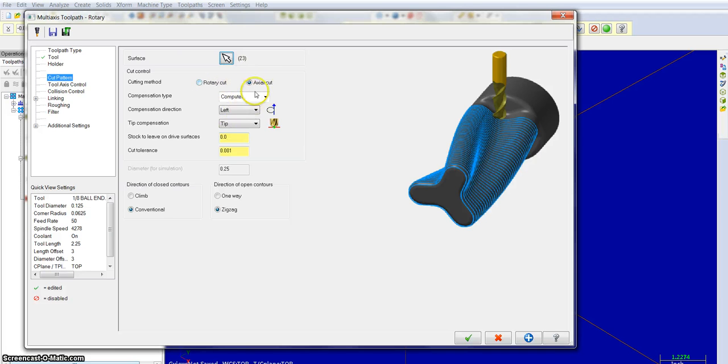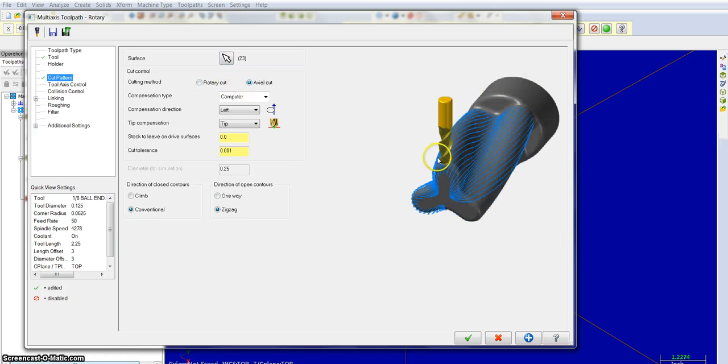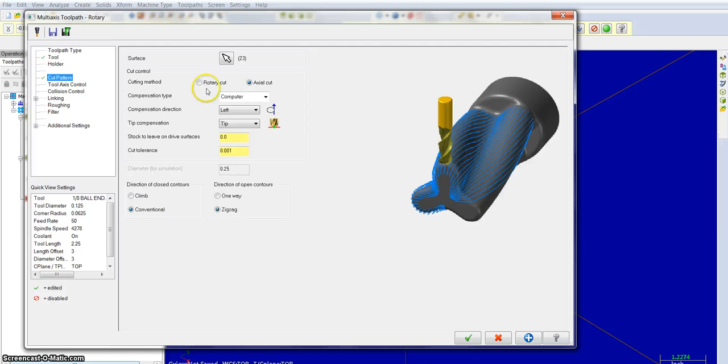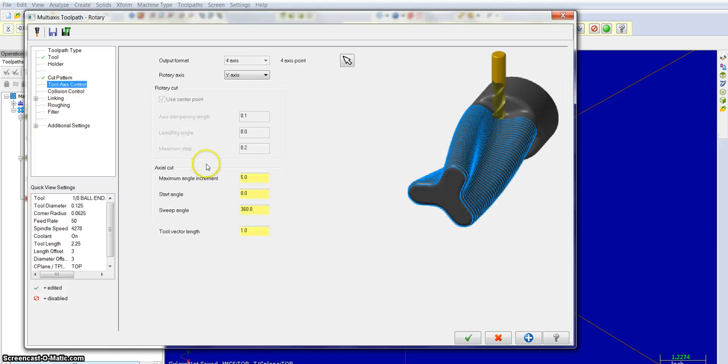and I have axial cut here. We either have axial or rotary as our options within fourth axis toolpathing. So axial is going to go the length of the part, so from front to back it's going to cut back and forth that way. Rotary is going to go around the part, kind of like an apple peeler. All right, we're going to choose axial for now, and we'll go over to tool axis control,